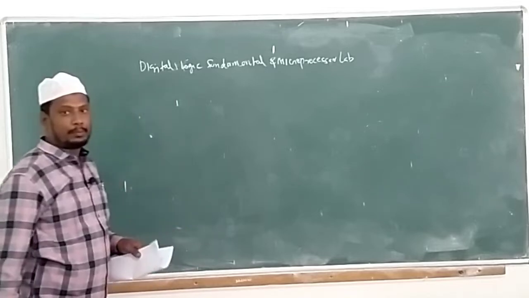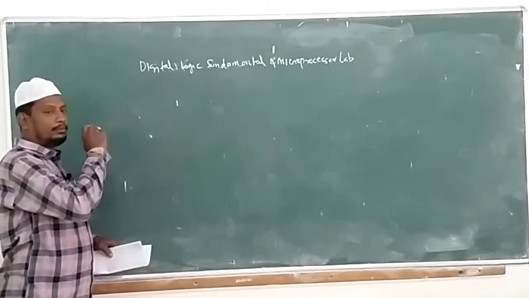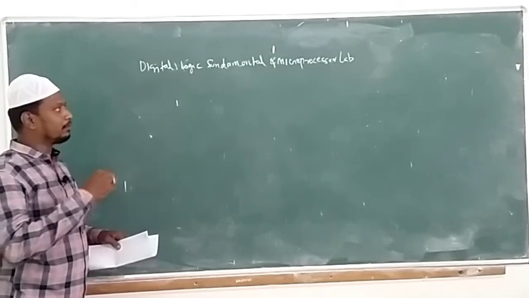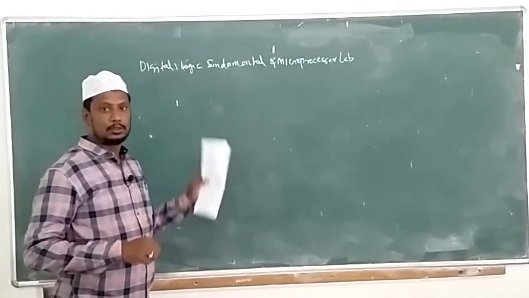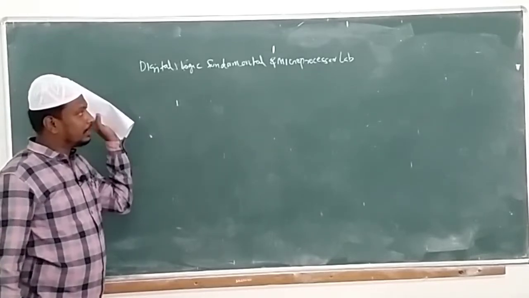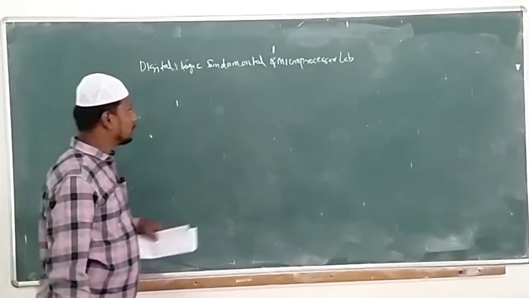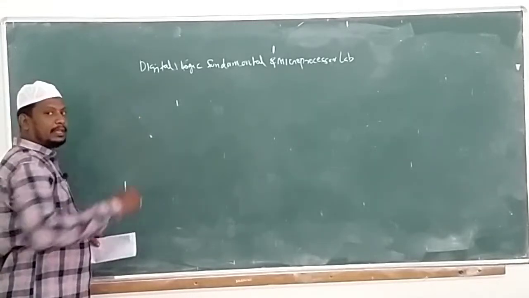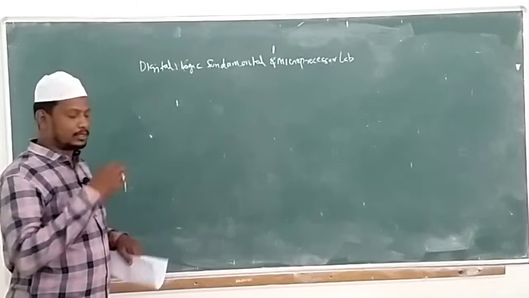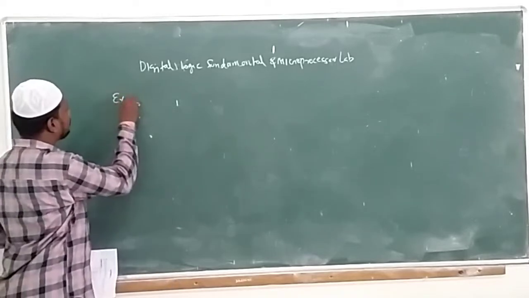Already one topic is the theory part; you can complete your unit 1, unit 2, unit 3, and up to unit 5 for your microprocessor theory part. This class is for your digital fundamentals and microprocessor lab exercises. I will explain the lab exercise in your PDF file, so you can go directly to the first exercise, exercise number 1.